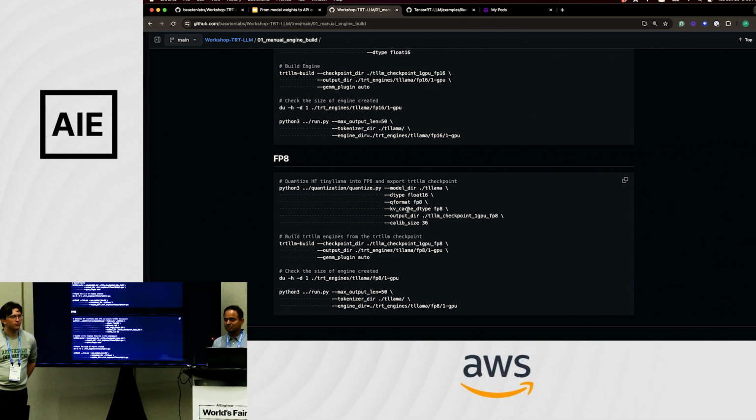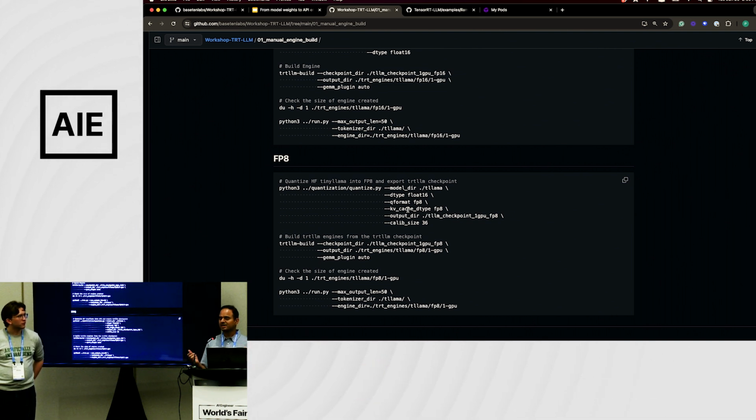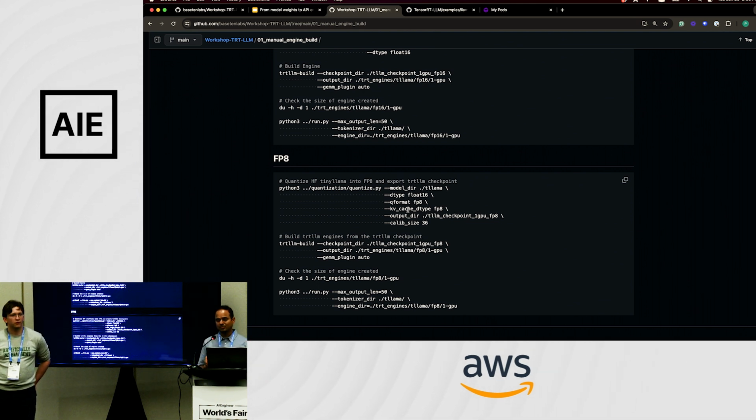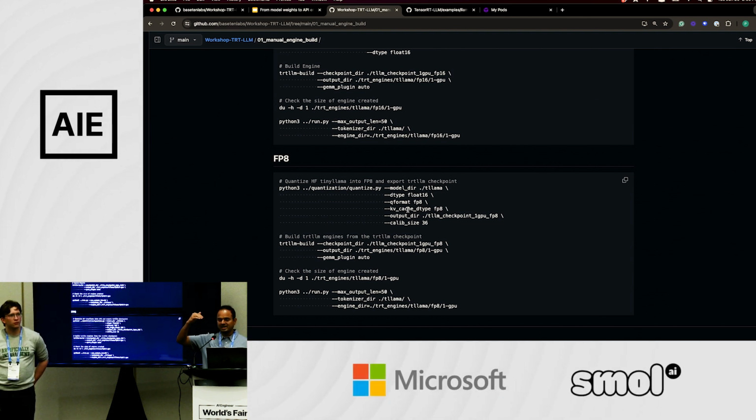So FP8 quantization actually can happen at two levels. You can quantize weights to FP8, but you can also quantize the KV cache with FP8. And doing both is very critical because these GPUs, you might have heard of things called tensor cores, right? Tensor cores are very important because they can do quantized calculations very fast. For example, if you look at the spec of the H100 GPU, you can see that the teraflops you can get with lower precision options are much more than with higher.